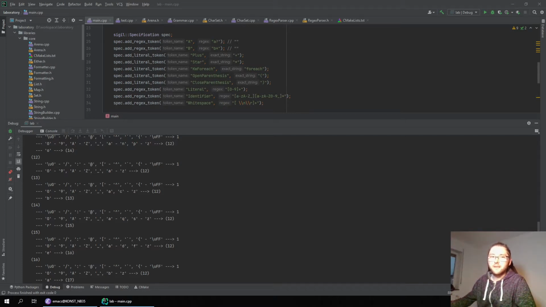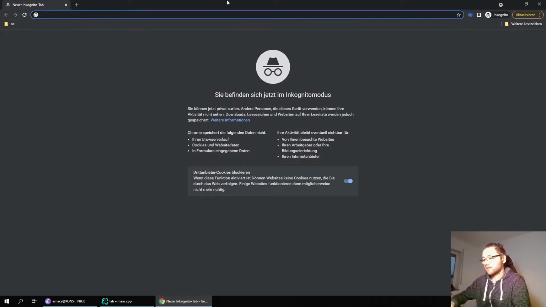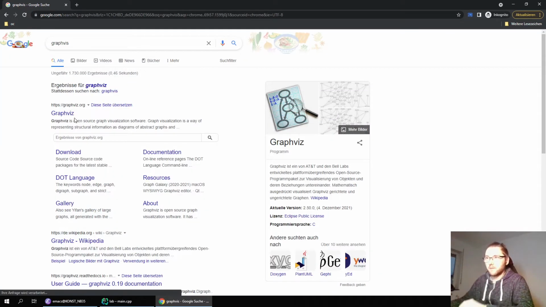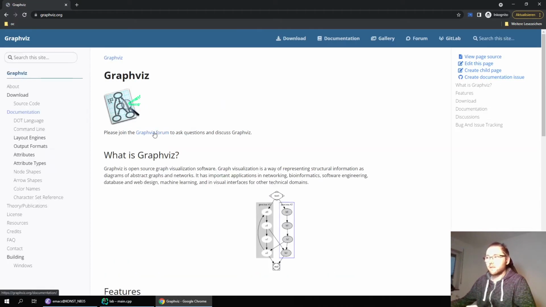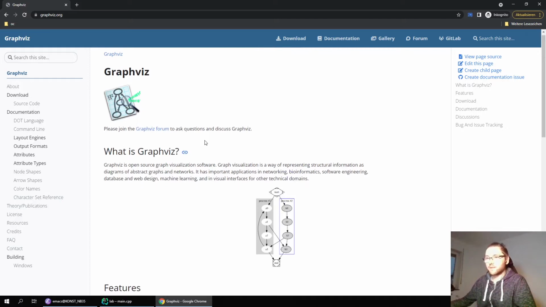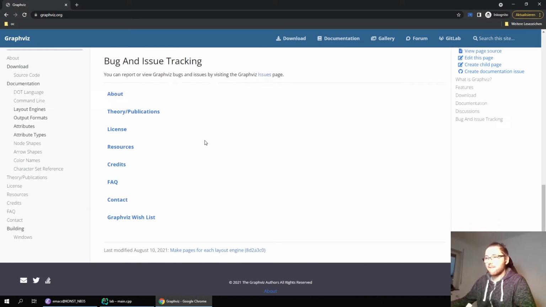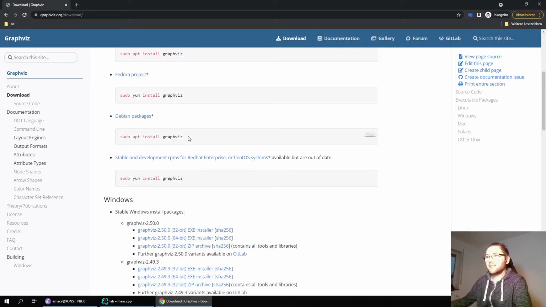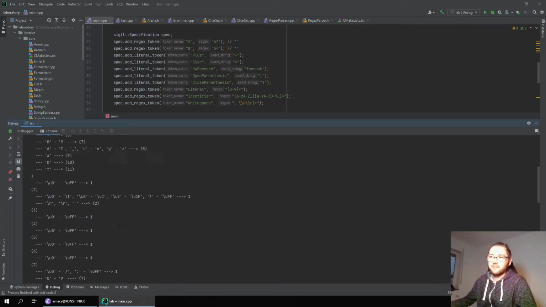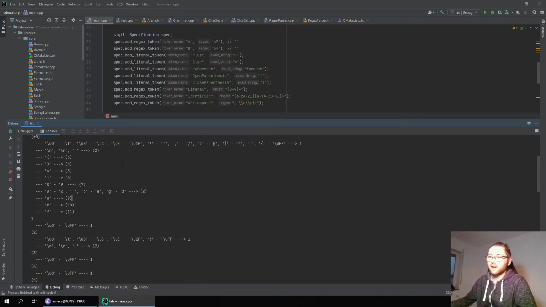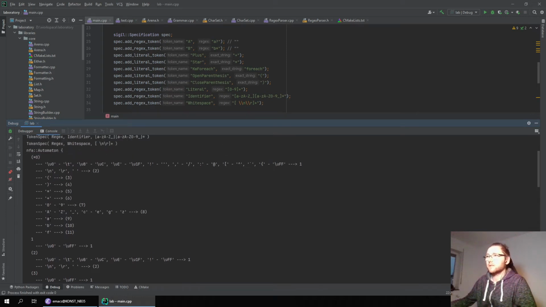So I know there is the GraphViz tool. Maybe this can help us not manually having to draw the graphs. But this is not what I want to do today. Maybe I will check this out, and yeah, because this is quite messy, and I don't want to draw every graph, every automaton myself. But today I'm just wanting to